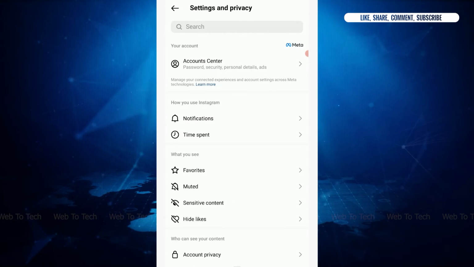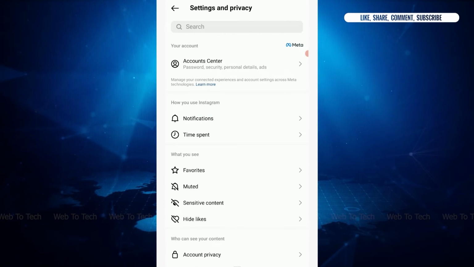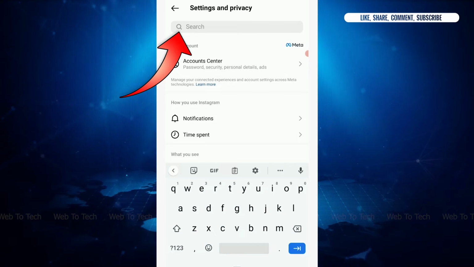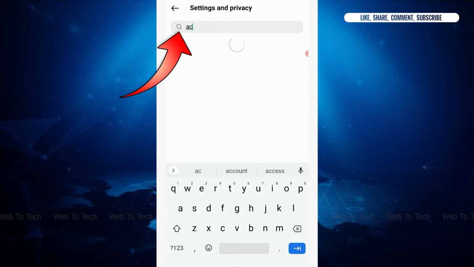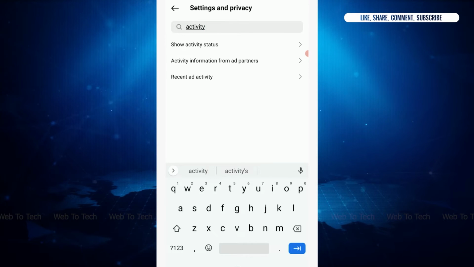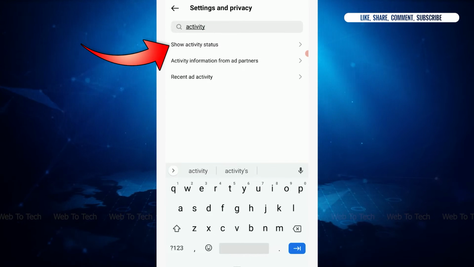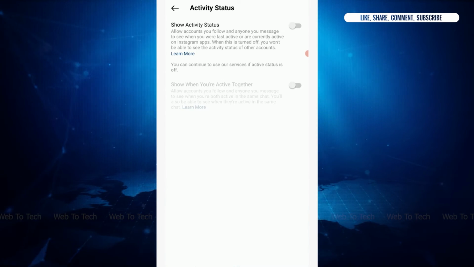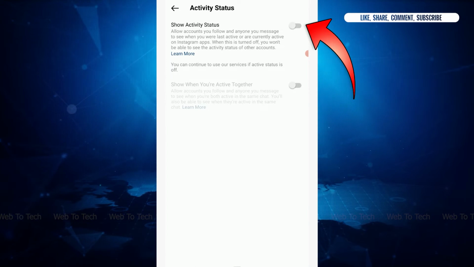Now, once you're at Settings and Privacy, you need to tap on the search bar and there you need to type in Activity Status. You can see the option available, so activity status. You tap that option. Now you need to tap on the toggle, moving it to the right side,